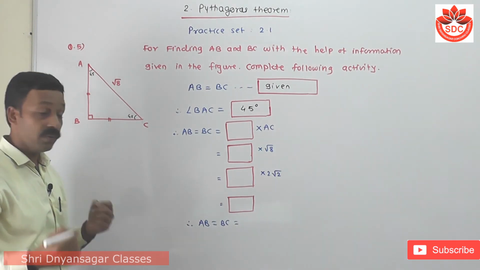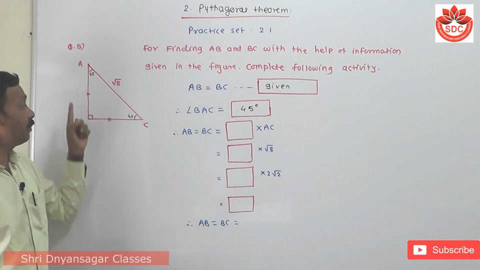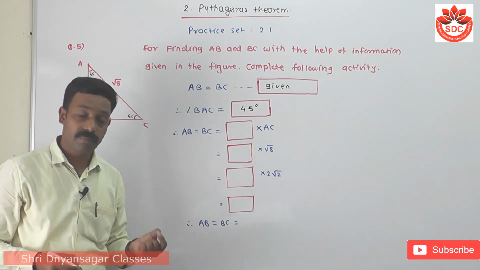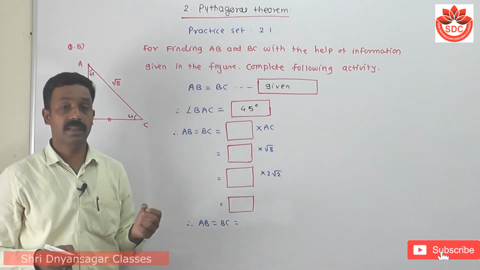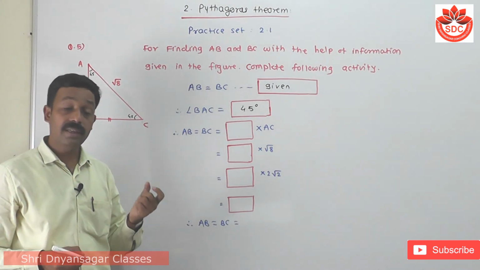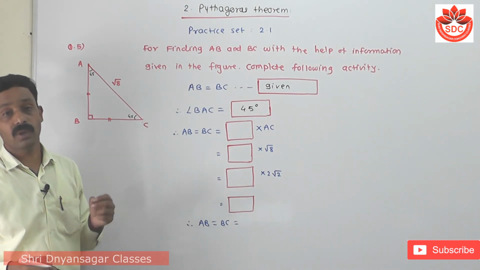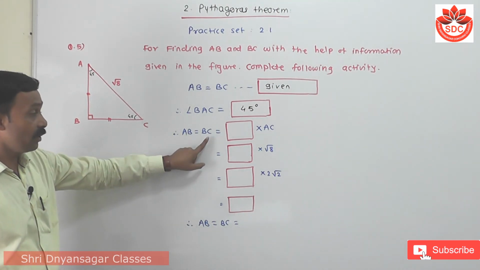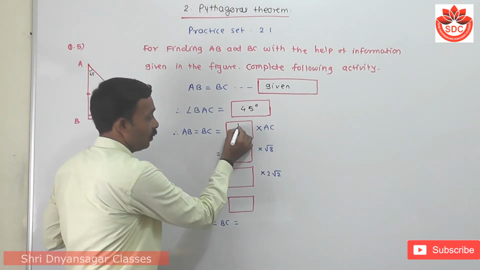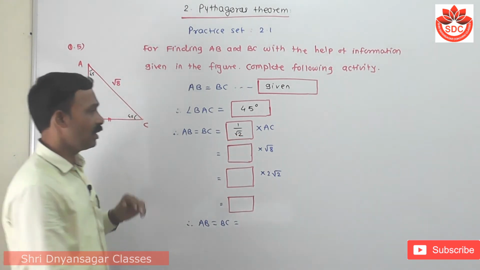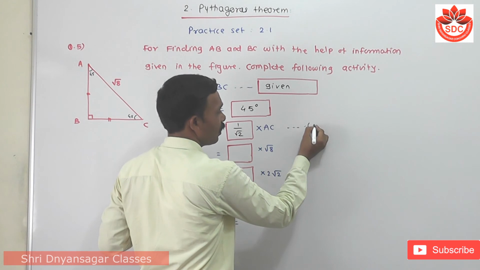Students, all of you know that if the angles are 45, 45, 90 degrees, then by using the 45-45-90 theorem, the length of each perpendicular side is 1 upon root 2 times its hypotenuse. So by using this theorem, AB is equal to BC is equal to 1 upon root 2 times AC. Here also you write